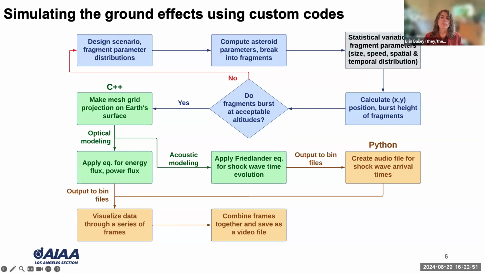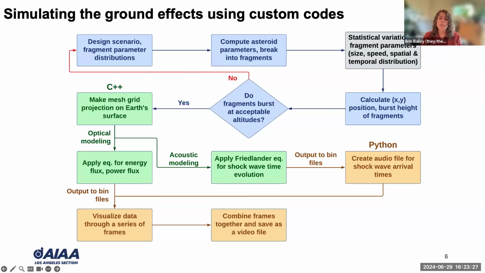We then propagate the optical emission from every fragment to the observer to get a total energy flux at the observer. And something really important to note is that we take an extremely conservative approach and assume that no cooling takes place between fragment optical pulses. So this means that the cumulative optical energy flux at the observer is calculated as the sum of the optical energy from each pulse. In a realistic scenario, fragments would arrive on the order of tens to hundreds of seconds apart, which would generally allow for significant cooling. But again, we just make this conservative approach.